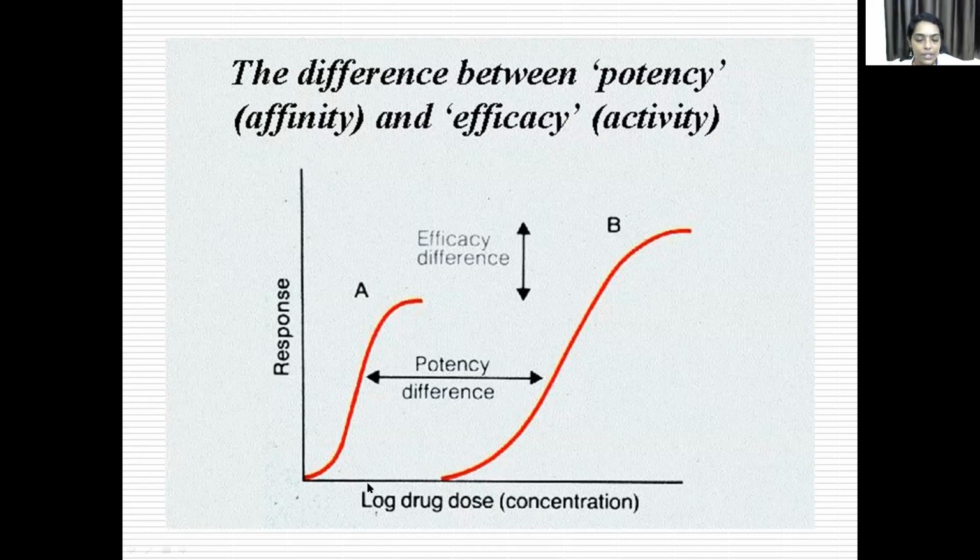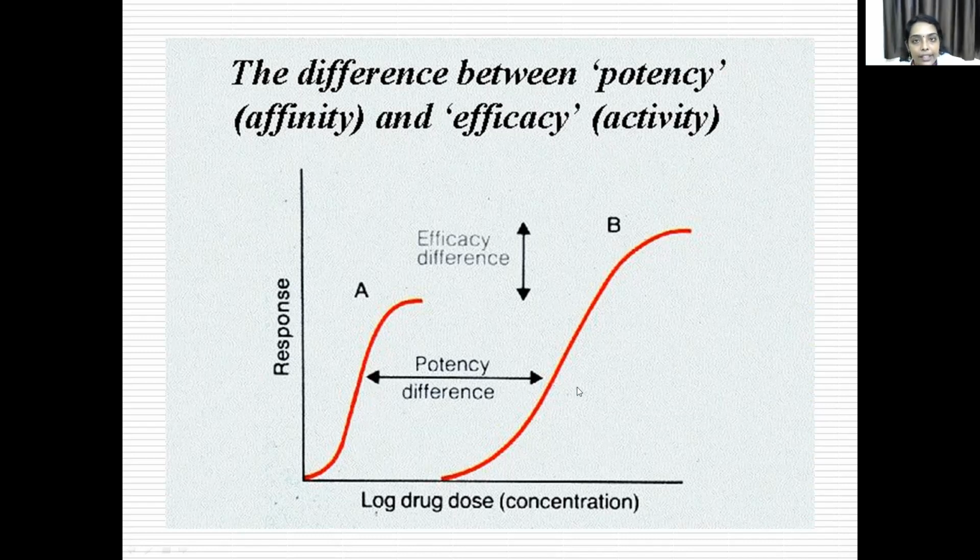So this is just in brief. You plot the log values of the concentration of the drug you have used. You give that particular dose of the drug and see the response, and you plot the response on the y-axis. On the x-axis you plot the log values of the concentration. When you plot the graph, you get a sigmoid curve. So the log dose response curve is a sigmoid, S-shaped curve.